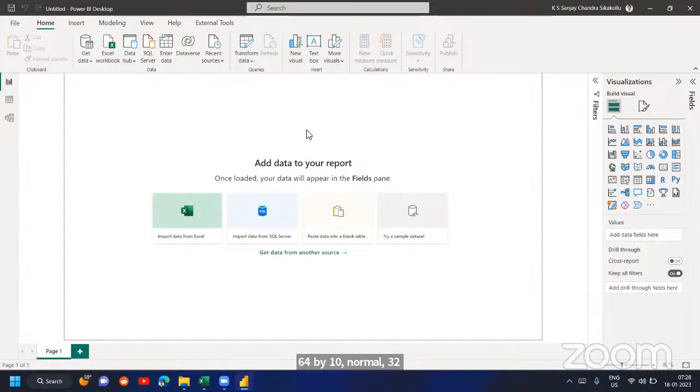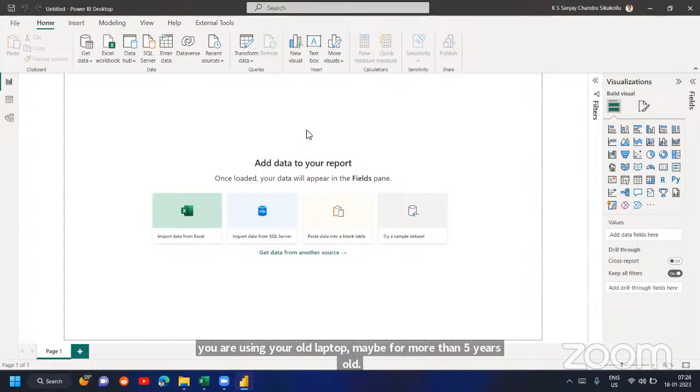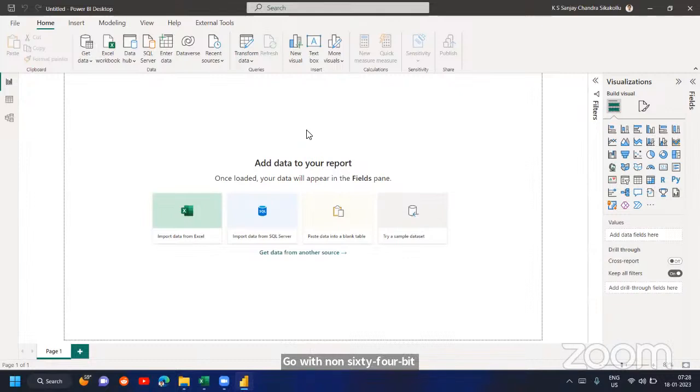If you are using Windows 10, it will be 64-bit most probably. So you can download the 64-bit version and install it. If you are using an old laptop, maybe more than 5 years old, go with the non-64-bit version. Meanwhile, you can just install it in the background.